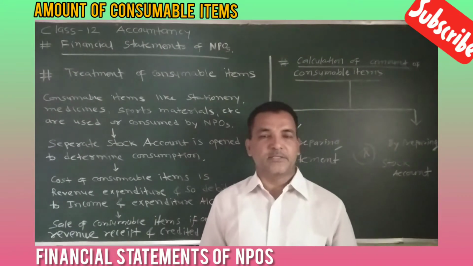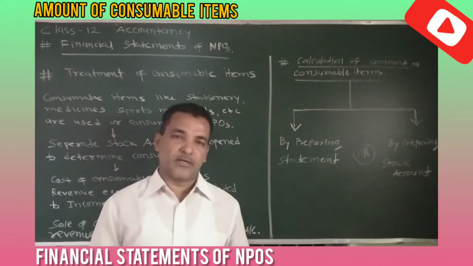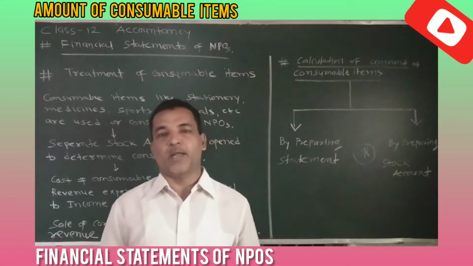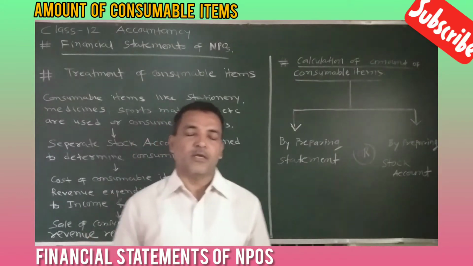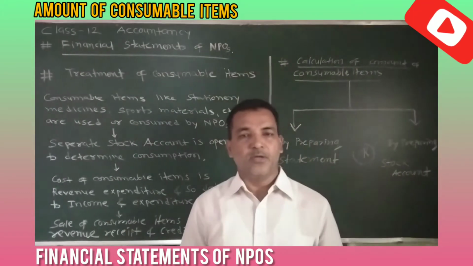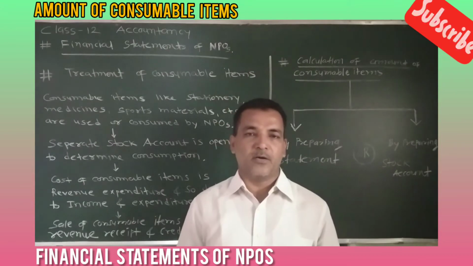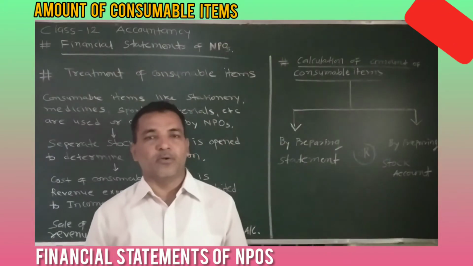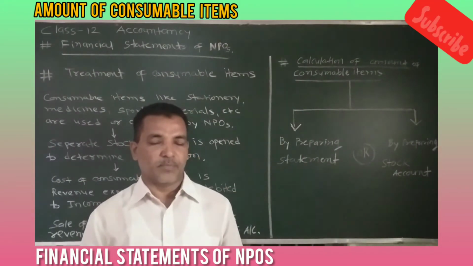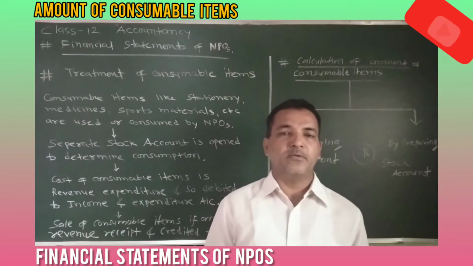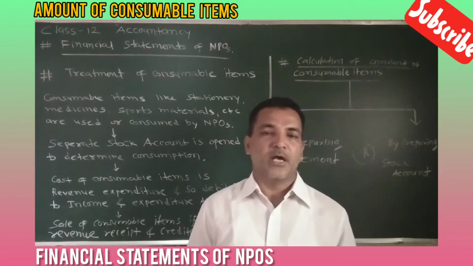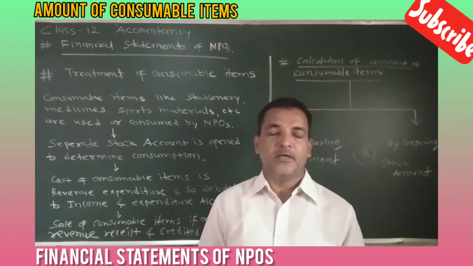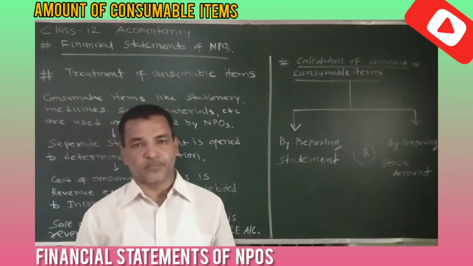You will be given a receipts and payment account and some adjustments, and based on that, you have to prepare the income and expenditure account and balance sheet. Now you all know, in the income and expenditure account, we record transactions only for the current year on accrual basis. We follow accrual basis, and we record only the revenue nature of transactions. That means revenue receipts and revenue payments are recorded only for the current year.